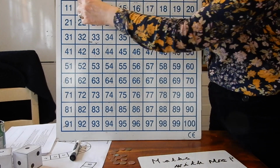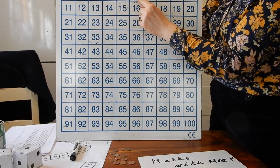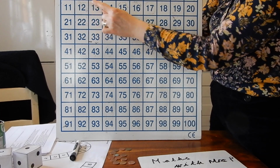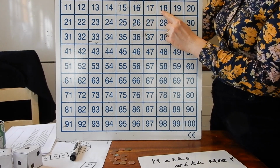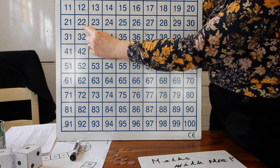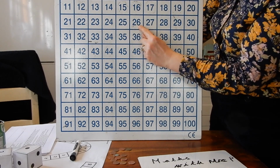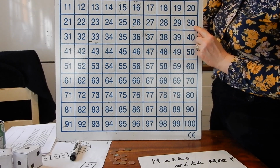So, are we ready? 1, 2, 3, 4, 5, 6, 7, 8, 9, 10, 11, 12, 13, 14, 15, 16, 17, 18, 19, 20, 21, 22. Look at this number behind to see what 20 is. 23, 24, 25, 26, 27, 28, 29, 30,